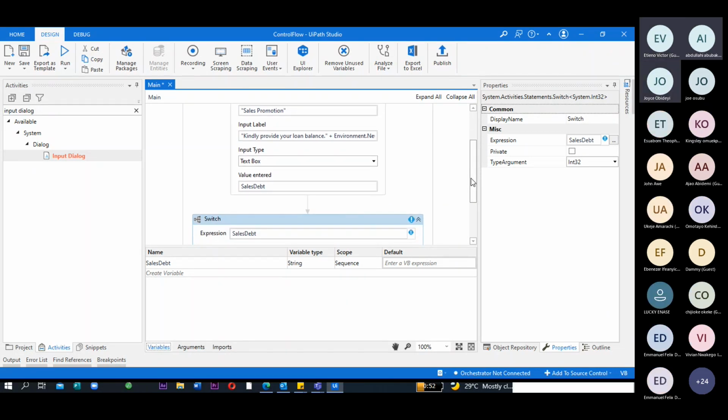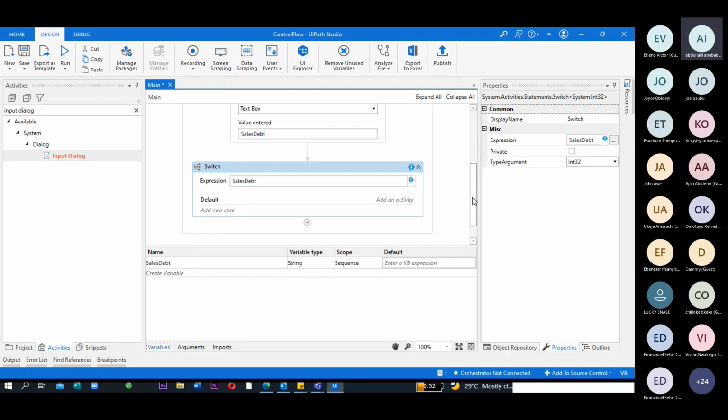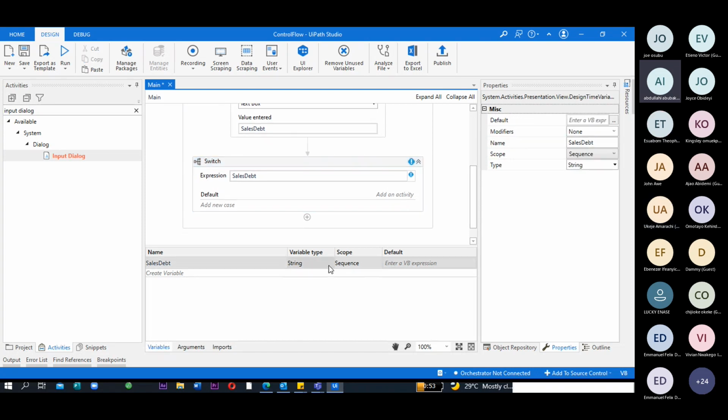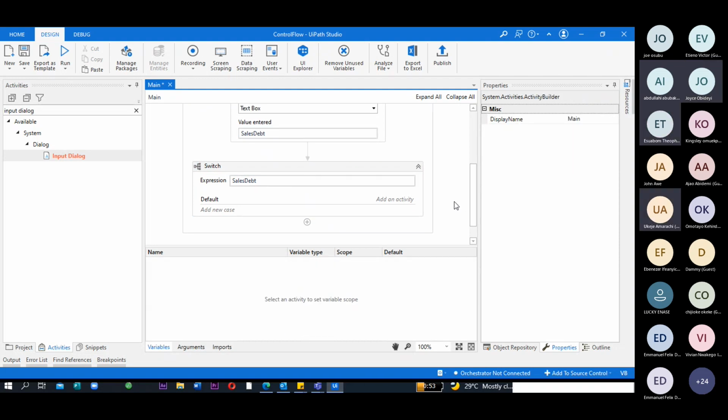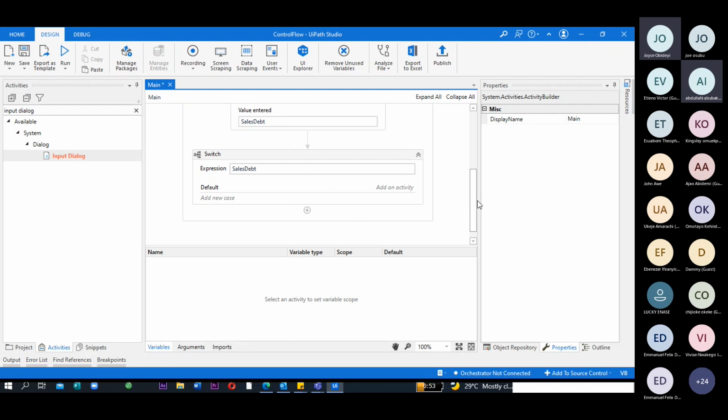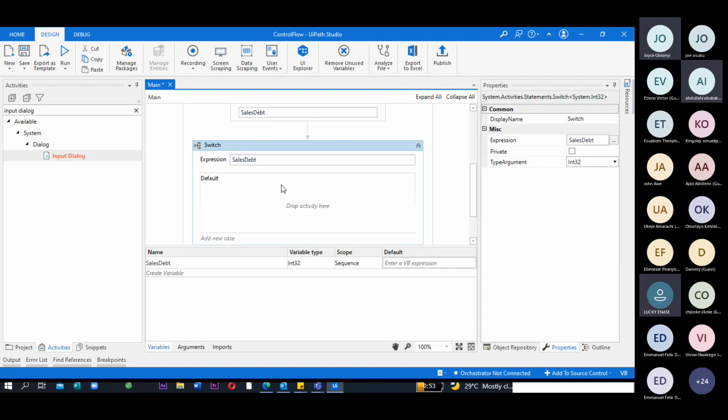I think we will need to change the variable type to integer. No, it's not an integer. Is it okay? It is. Because actually you'll be inputting integer. Okay, let's go. Then, of course, let's have it here that